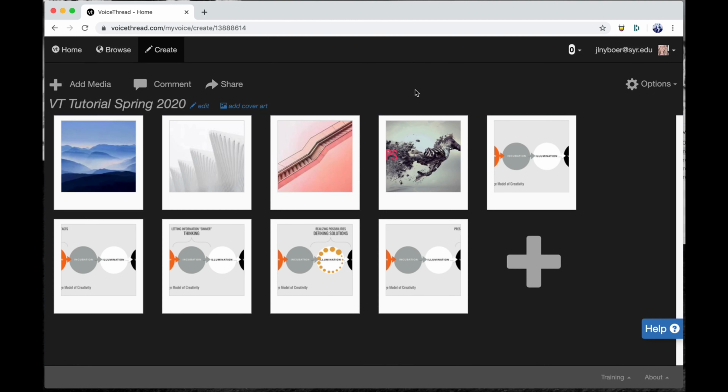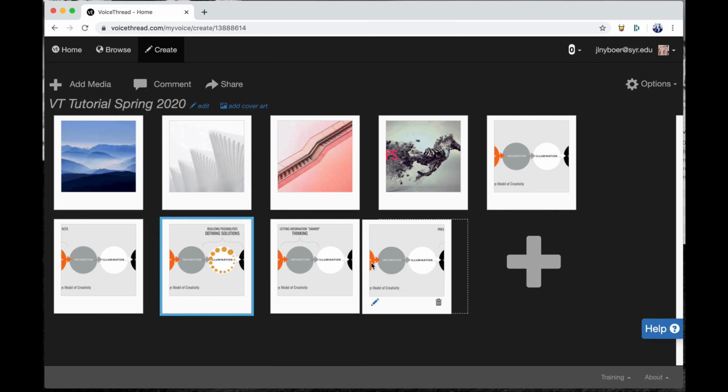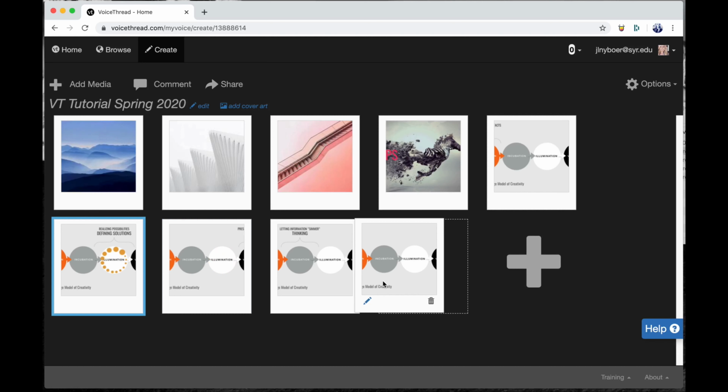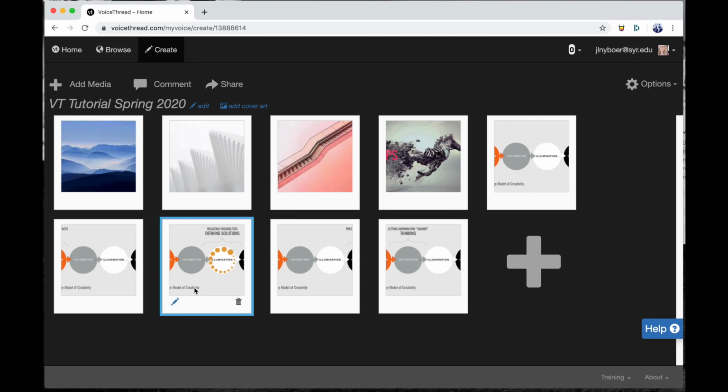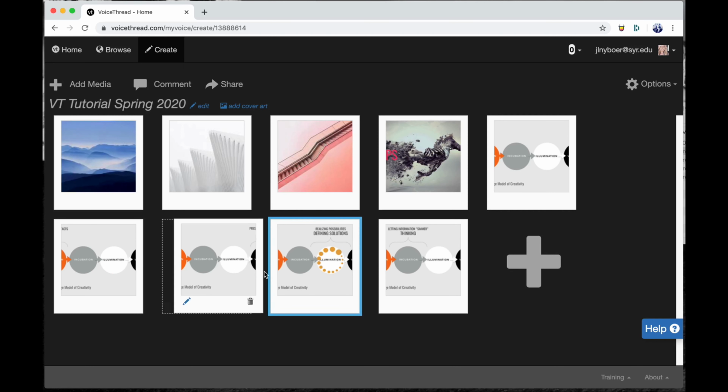There we go. All right, so the PDF I dropped in, this was the cover page, then this was the second slide, third slide, fourth slide, fifth slide, and so on. So I can reorder those, just like I can any other of the slides. Okay. All right. So you do want to be cautious when you're reordering things,